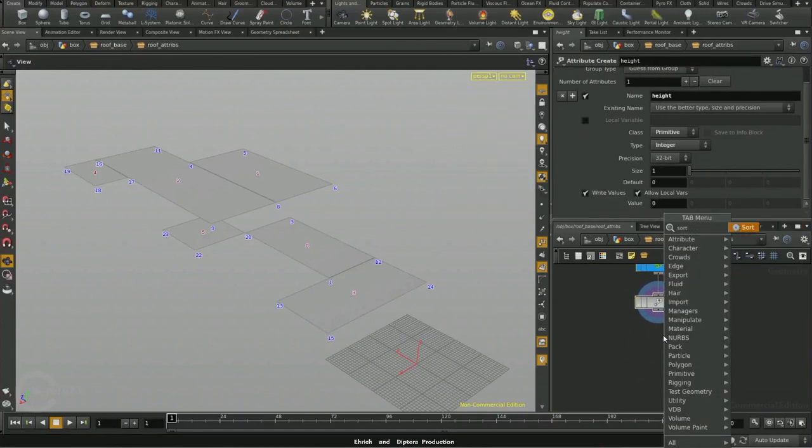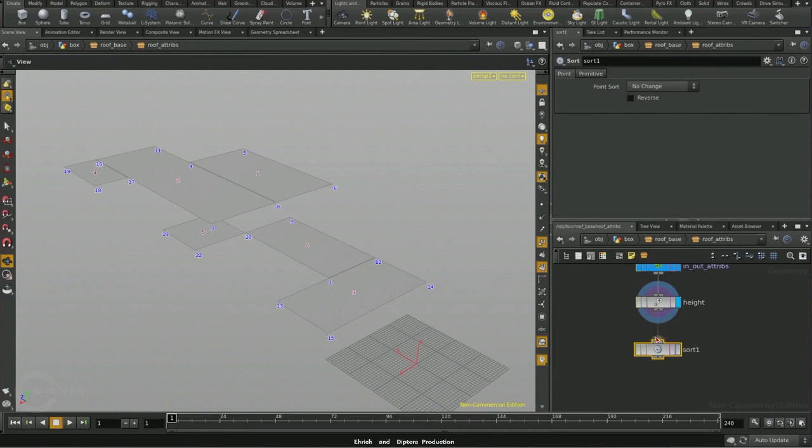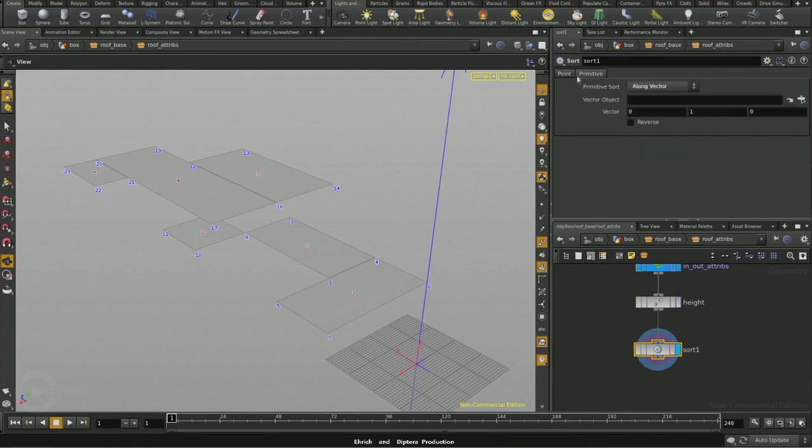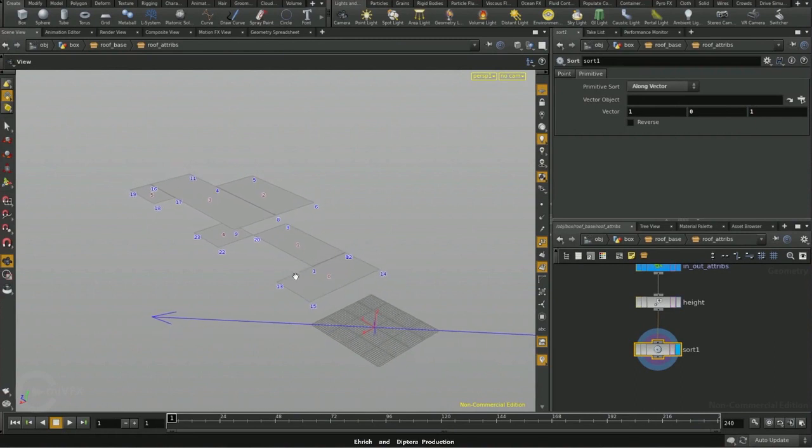Then let's sort our primitives along a vector, not point, primitive along vector, and then point, no change, primitive along vector, and this vector should go in both X and Y. So we will always get the first one as a corner that progresses through the bounding box shape. So let's say sort by vector,